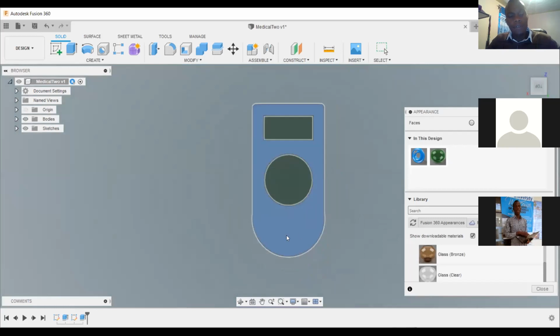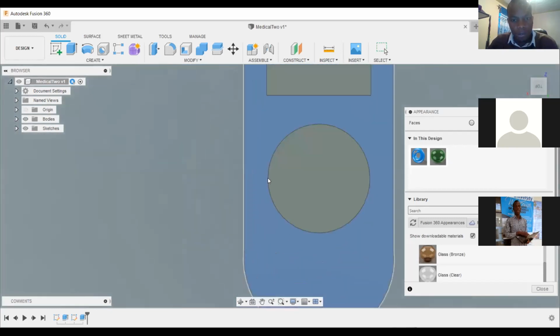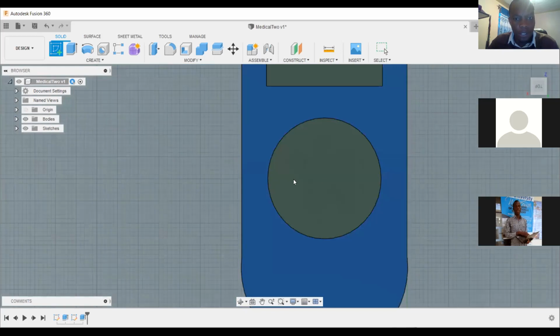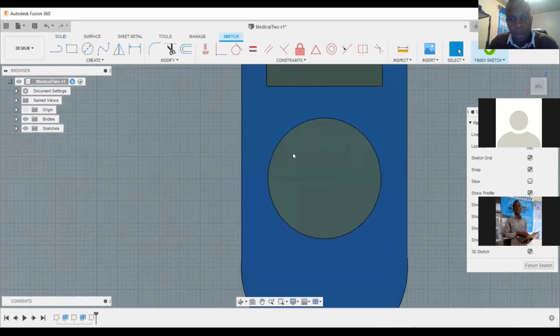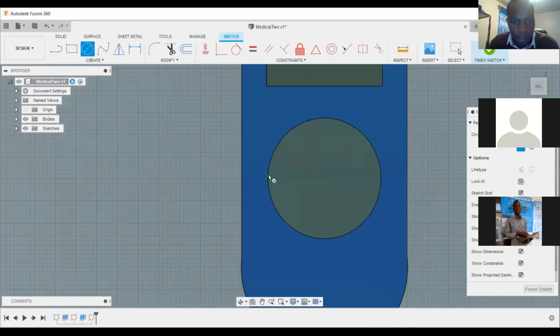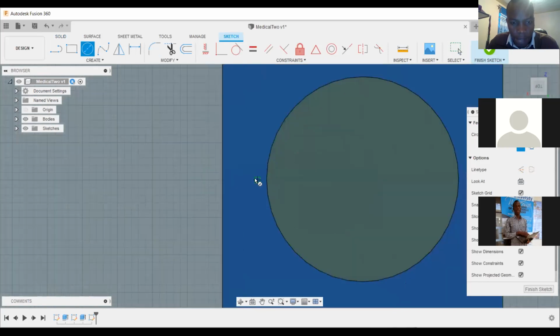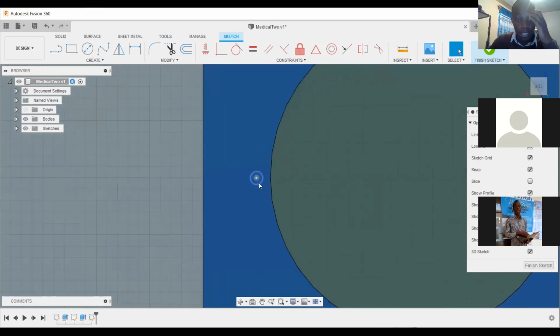Then we want to create something which is called a pattern. So come to sketch. Guys, are you following? Yeah. Yes, so here I want you to create a small circle, very tiny circle like that. The dimensions don't matter now, but you get the idea. You create a circle here, and then after you create a circle, you come to create